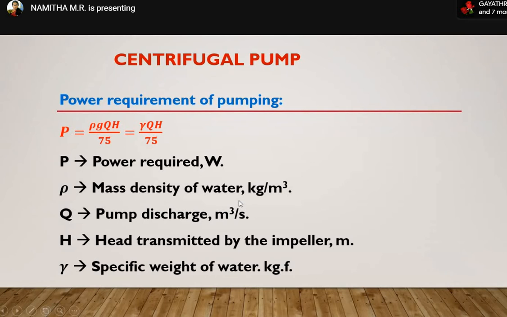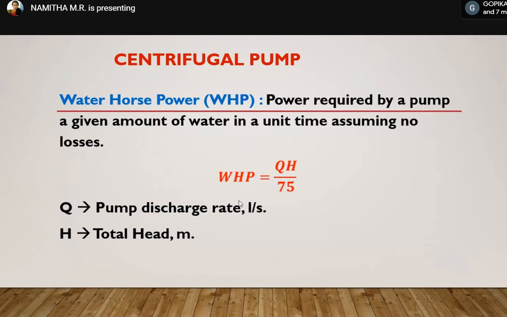So this is a general equation for power, but the normally used equation for power is this. Water horsepower is equal to QH divided by 75. The water horsepower is the power required by a pump to transfer a given amount of water in unit time, assuming no losses. Without any loss, if the pump is able to transfer some amount of water, then that power required is known as water horsepower. So WHP is equal to QH divided by 75,